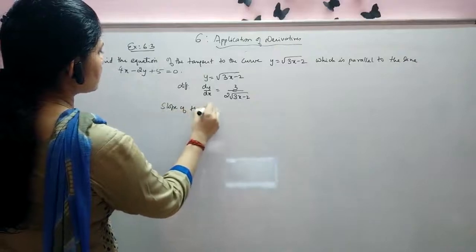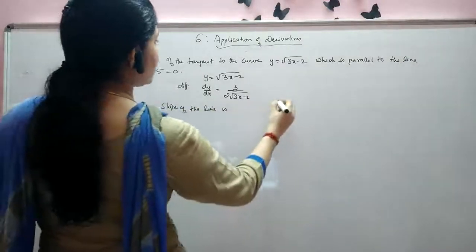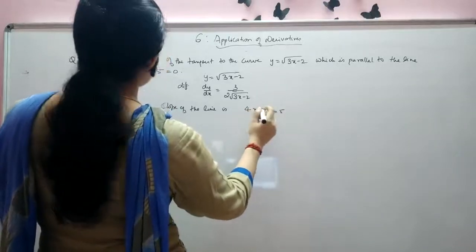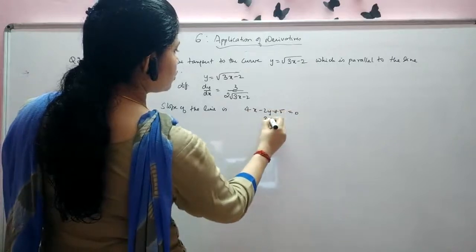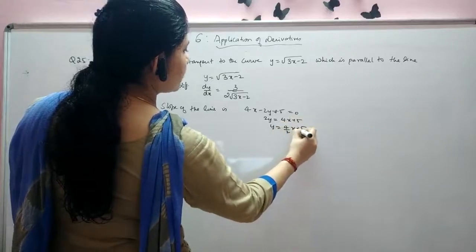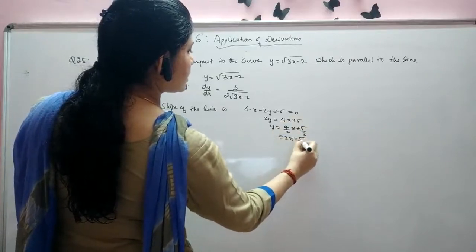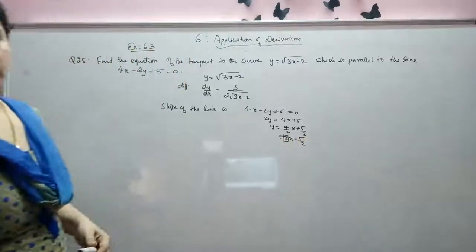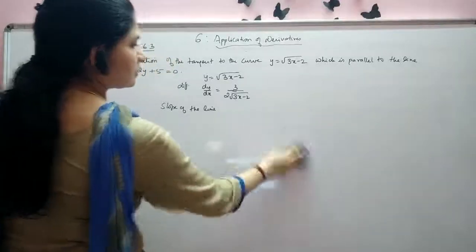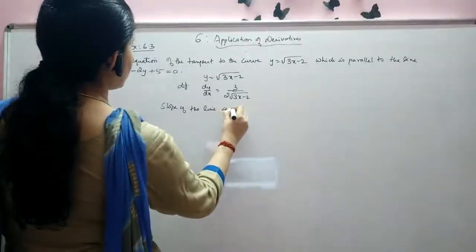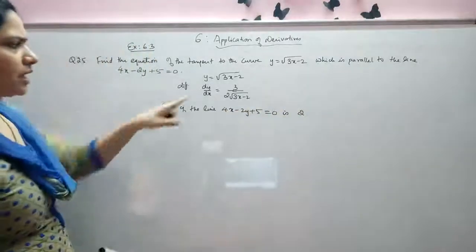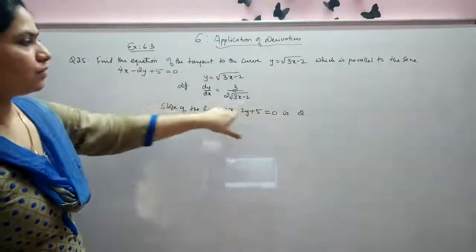see, the equation is 4x minus 2y plus 5 equal to 0, or 2y is equal to 4x plus 5, that is y is equal to 4 by 2 x plus 5 by 2. That means you are getting the slope of the line as 2. So I'm just writing directly the slope of the line is 2. Okay, slope of the line 4x minus 2y plus 5 is equal to 0 is 2. Now you can equate this to 2. Why? Because